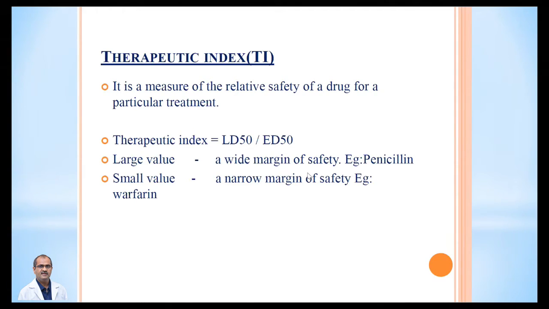Penicillin G sodium, penicillin G potassium, etc. Even though the dose has increased more than the therapeutic dose, nothing is going to happen. That's how the LD50 of penicillin is very, very high. That's why usually the therapeutic index will be more in the case of drugs with more safety. Whereas when the therapeutic index is very small, for example warfarin, it's a highly toxic substance. So the smaller the therapeutic index, the more toxic the substance. The larger the therapeutic index, the less toxic or more safe the substance.